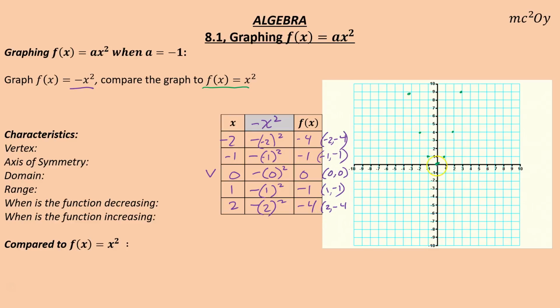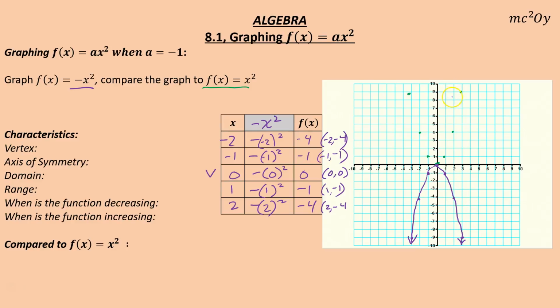Okay, and so you start graphing them. Well, 0, 0 is the same. 1, negative 1. 2, negative 4. Negative 1, negative 1, and negative 2, negative 4. And if I wanted to put 3 in, I'd actually find that that was negative 9. And negative 3 would give me negative 9. Okay? And so you see this graph form, and really, this graph looks just like it's been